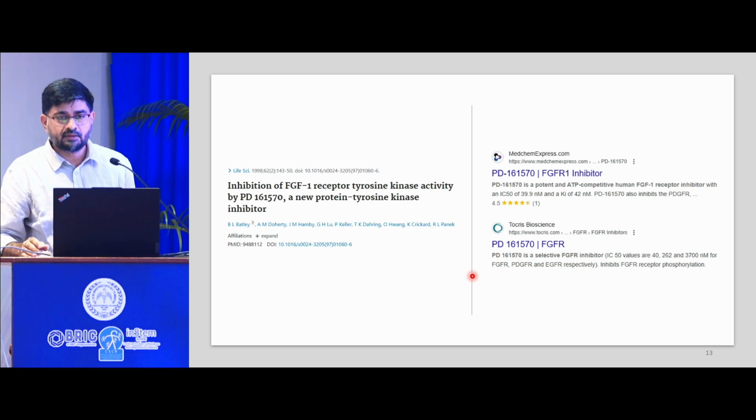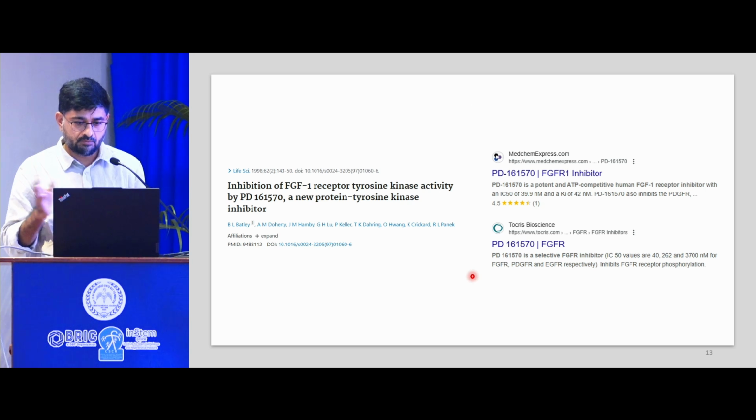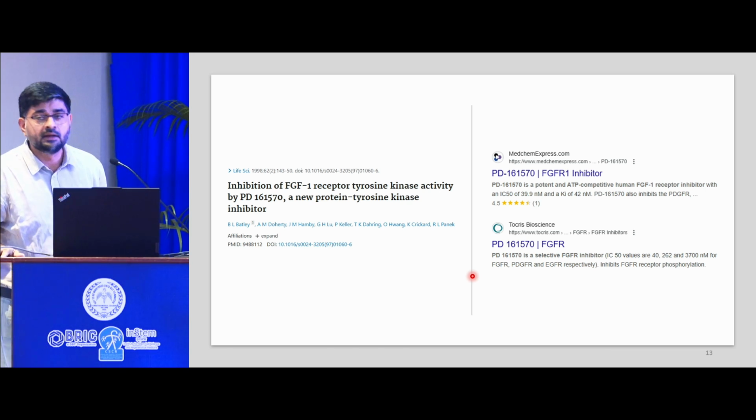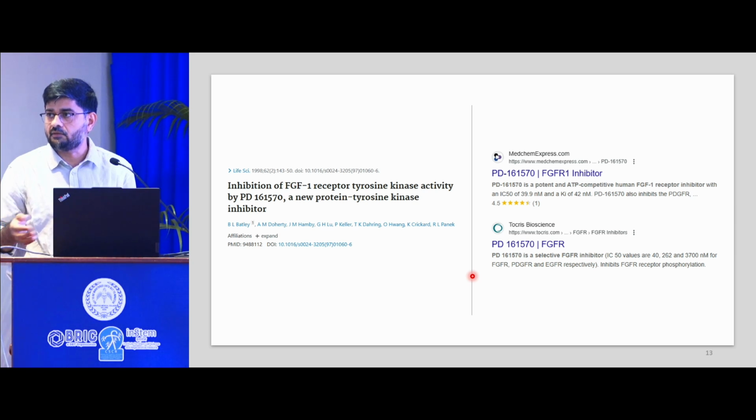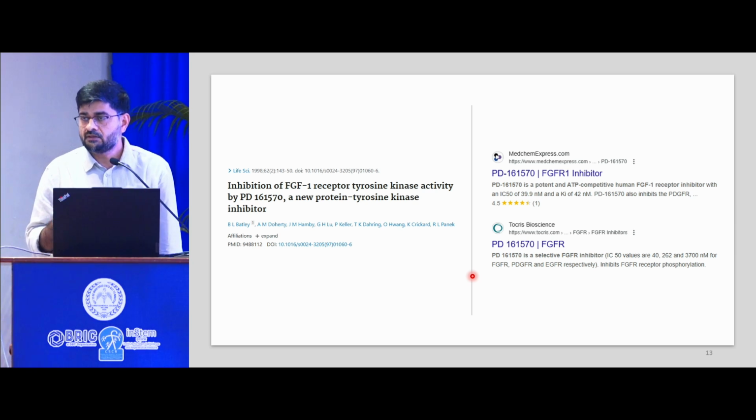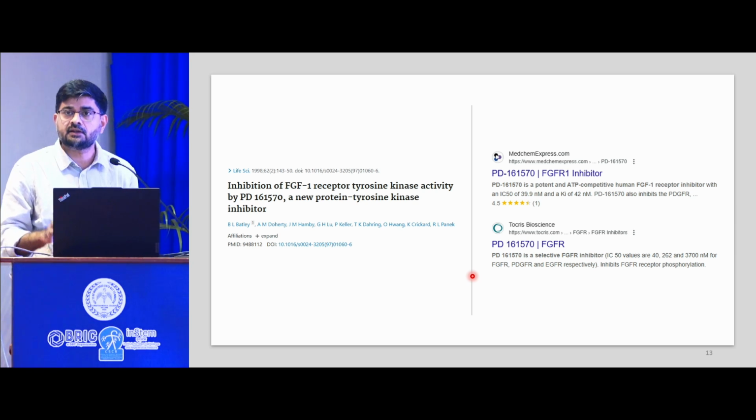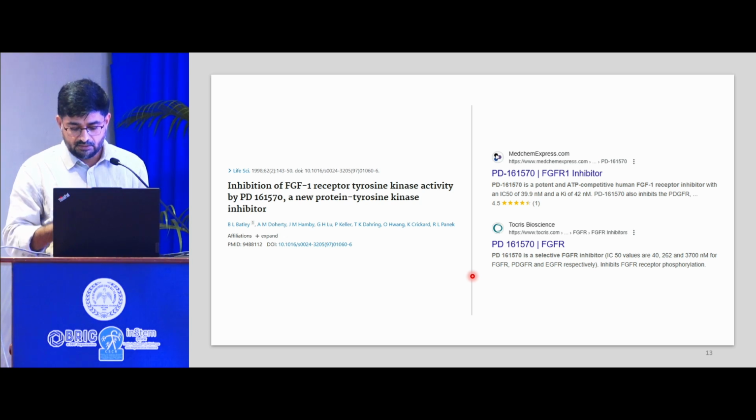Just to our surprise, when we knocked down FGFR1, 2, 3 and 4, the 4 paralogs of FGFR, we did not see any difference in terms of enhancement. The compound was still enhancing the transduction in this target cell type, suggesting that FGFR is not the target that is very well characterized for this compound.